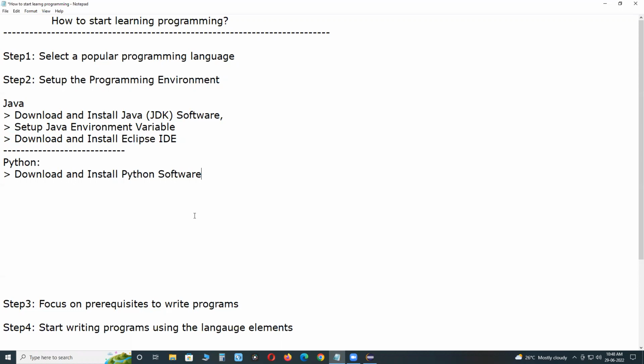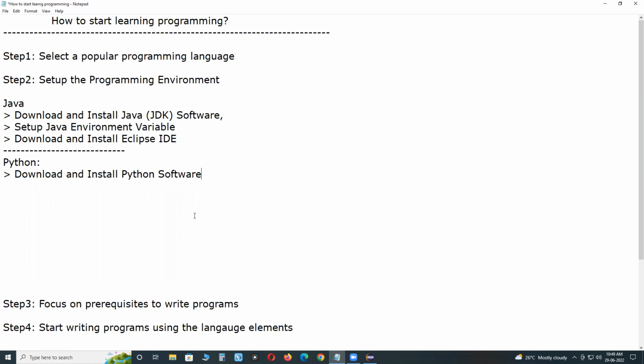See, Python software has a built-in editor to write and execute programs. For learning Python, you need not install any IDE, integrated development environment, like Eclipse. For real-time use, for project development, we may use an IDE like PyCharm. But for learning, you need not install any IDE.